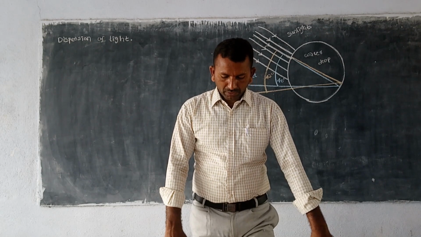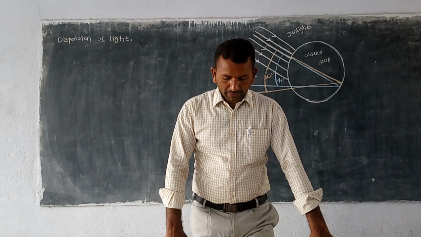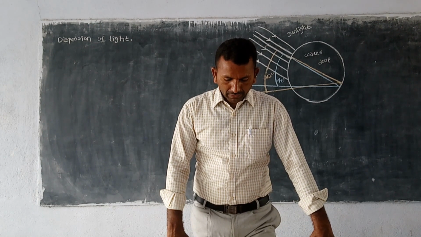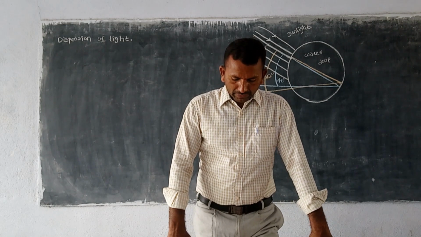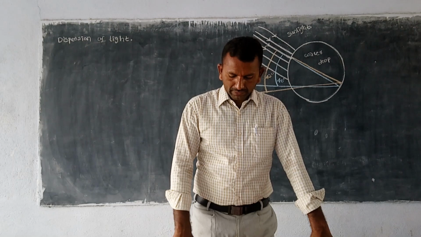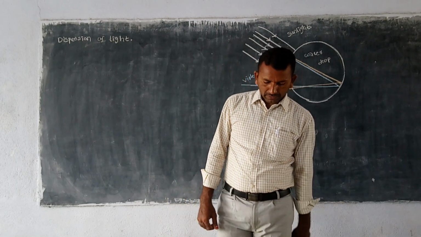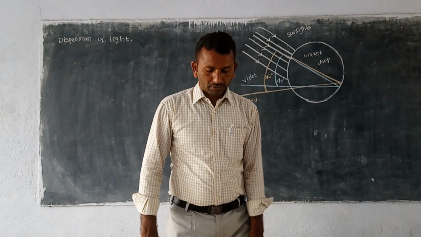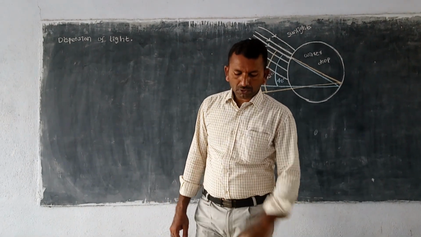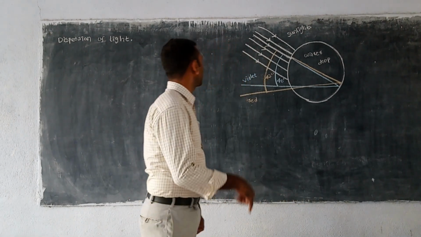What do you observe on the wall? Could you get a colored image on the wall? Why does white light split into colors? What colors do you see? Can you notice any change in the angle of deviation of each color? Which color has the minimum deviation? Let us find out. So what we are doing here, we have to do this activity in a dark room.